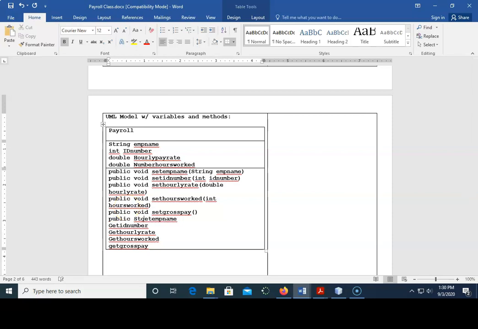string get emp name. Then we'll have public int get ID number. We'll have public double get hourly rate, public double get hours worked. Is hours worked